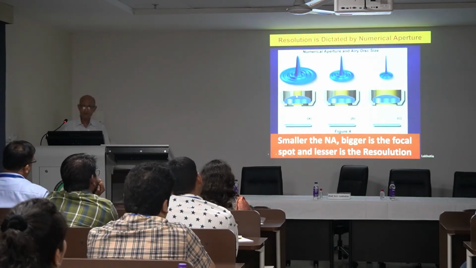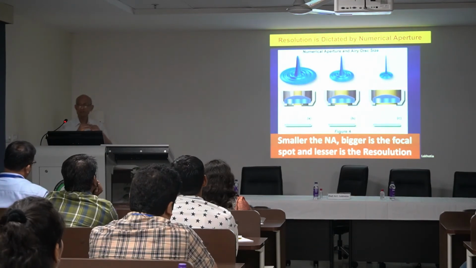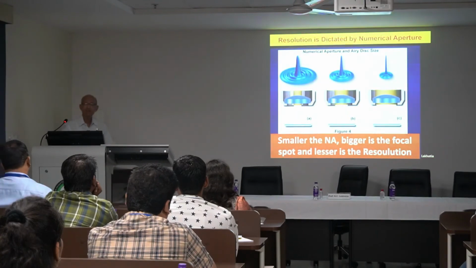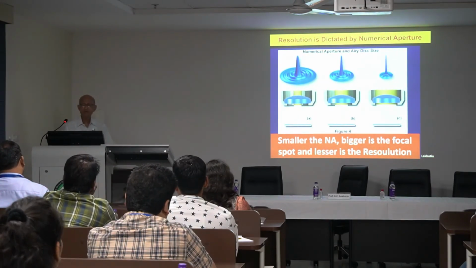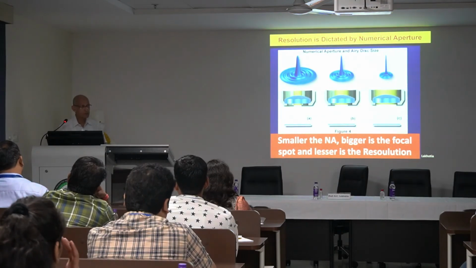Microscopes have two kinds of objectives. One is called a dry objective, when between the objective and the cover slip or your object is air. Another set of objectives are immersion objectives. Immersion objectives can be water immersion, glycerol immersion, or oil immersion.